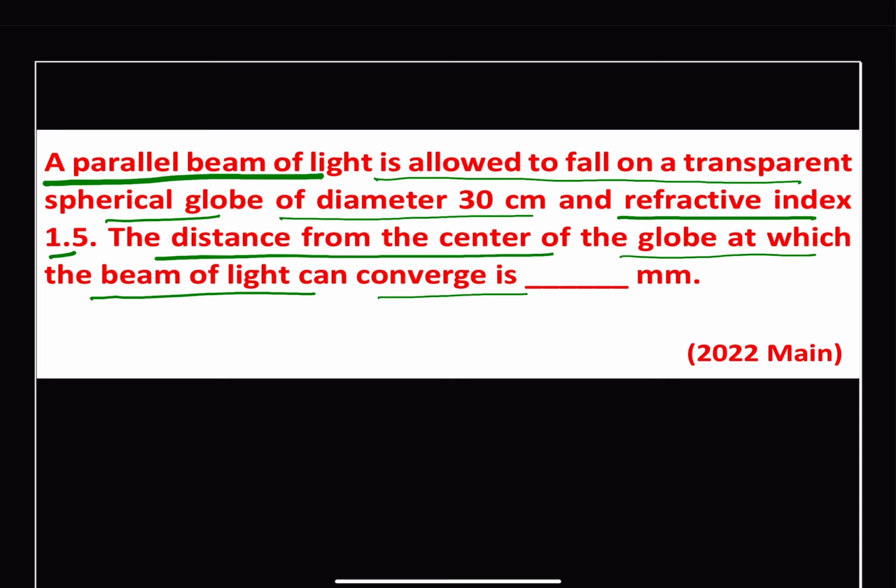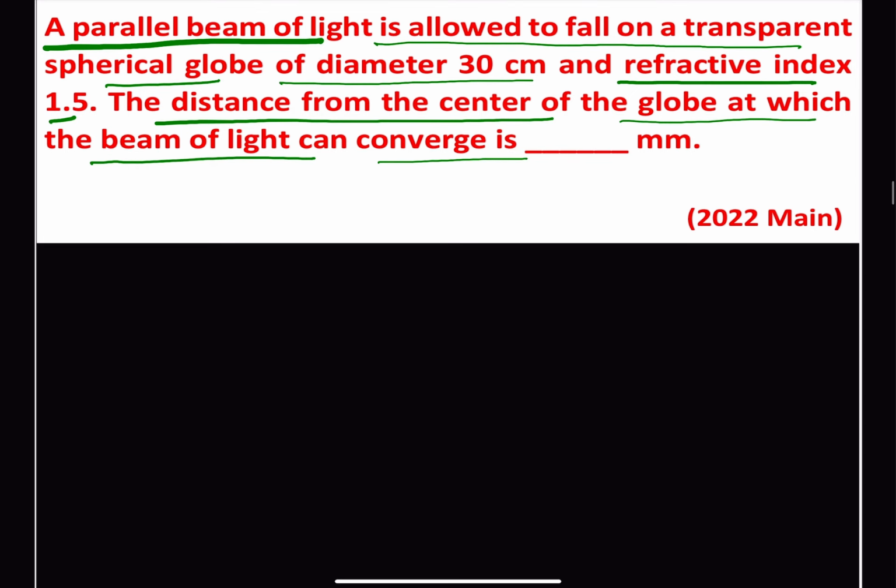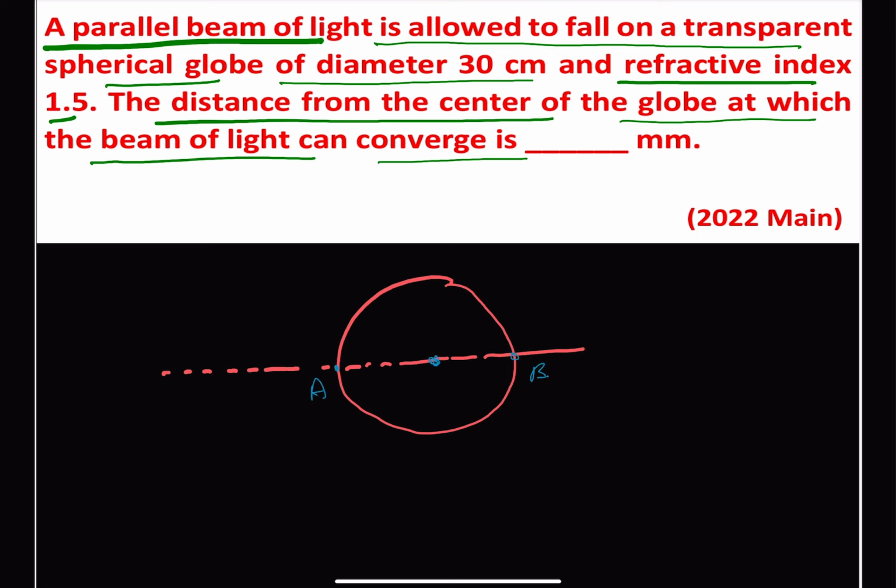and we can just draw an approximate figure for that. So let us suppose this is a globe, and this is our principal axis for the light. We are given a center, so let us put it here, two ends, one end is our A and another end is our B, and a ray of light is coming parallel. Suppose it is coming in this way,